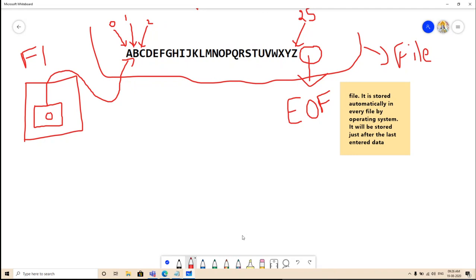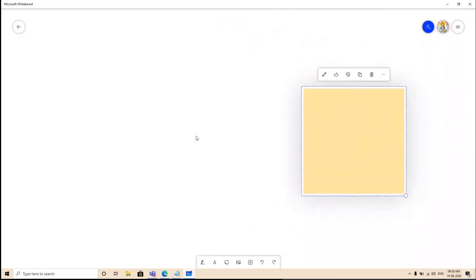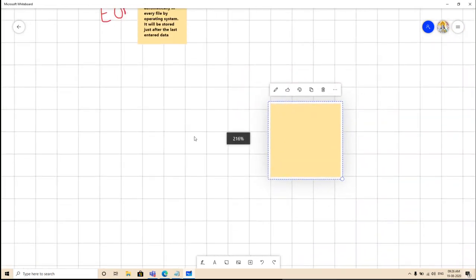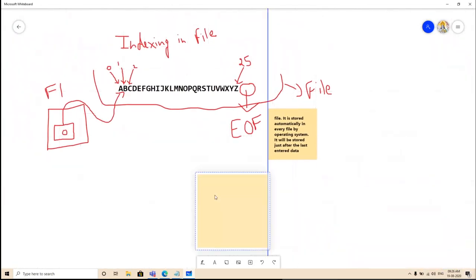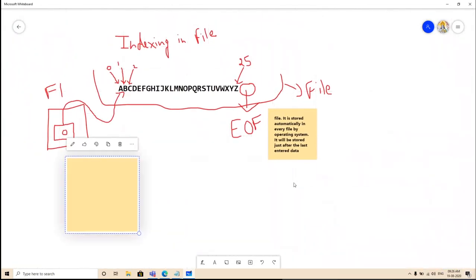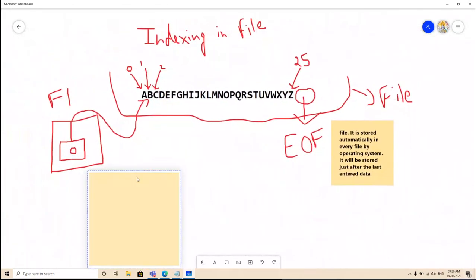And it will be automatically incremented. Let me write few things for this also. Let me just increase it. EOF. What is this file object?